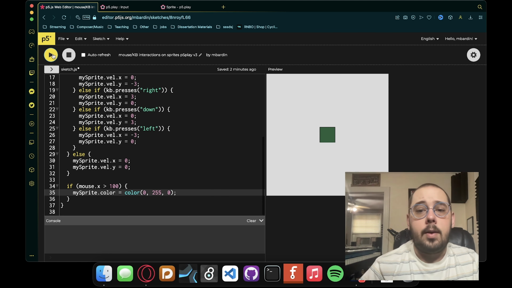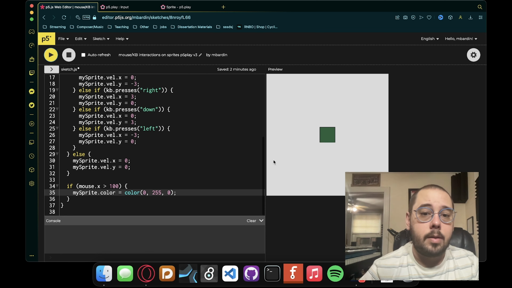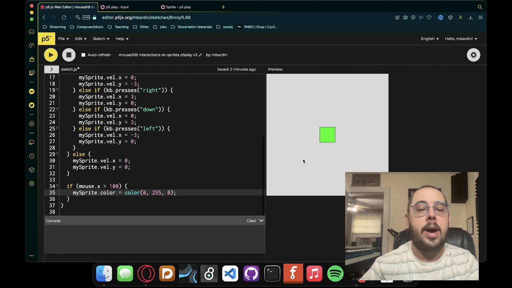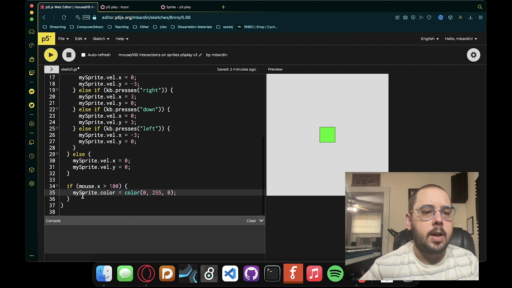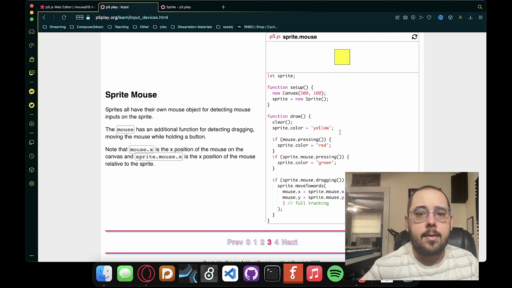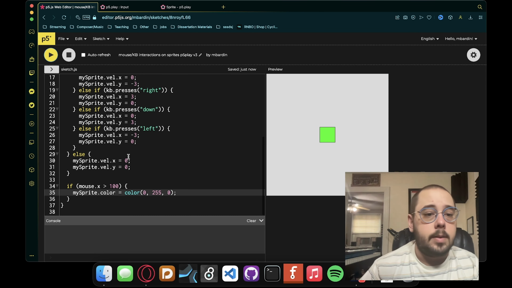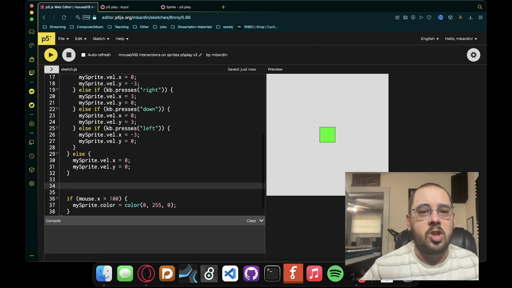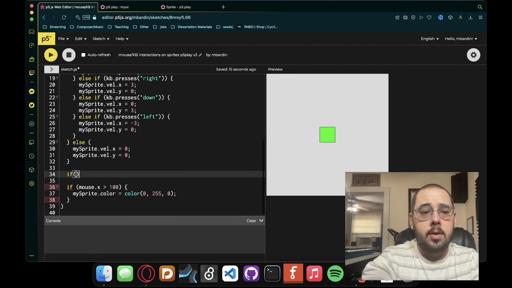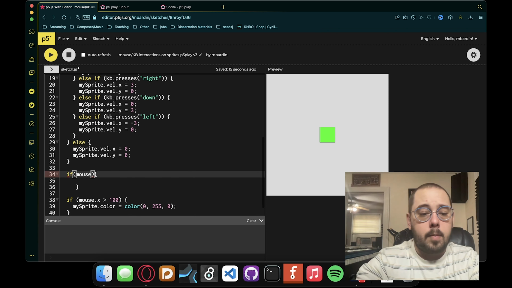But if I refresh this, again, as I move my mouse past pixel point 100, it turns to a bright green color. So again, we can just monitor the mouse in general. That's great. We have pressing being a thing. If we've pressed the mouse, very, very handy. So let's say this, I'll just keep adding conditionals to change my sprite's color. If mouse dot pressing,